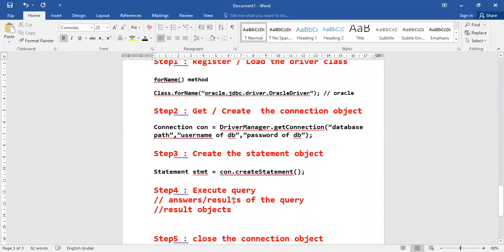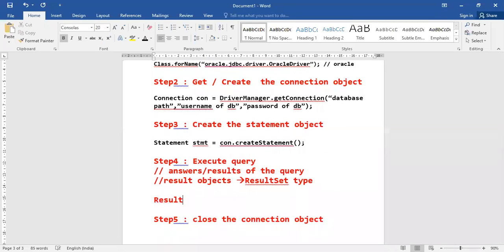So I will be returning my answers as result objects, and these result objects will be of a type called ResultSet. Okay, now let's see how to execute your query.